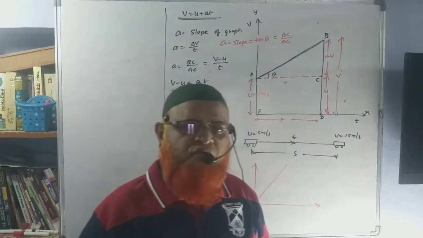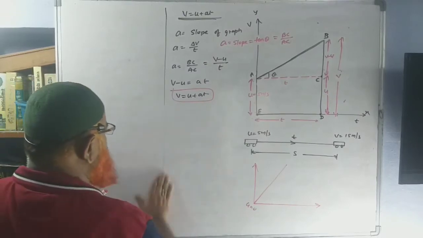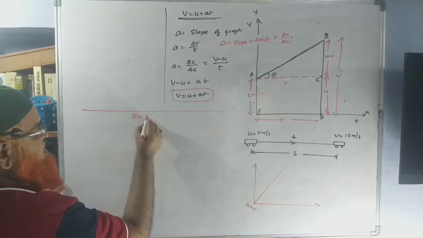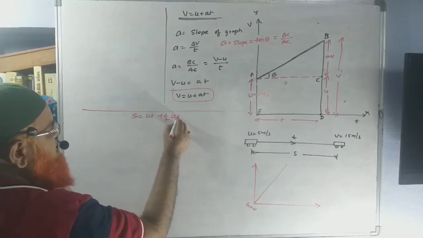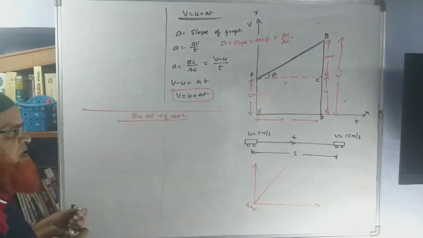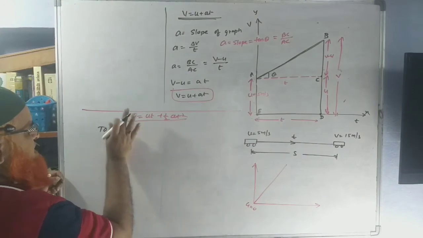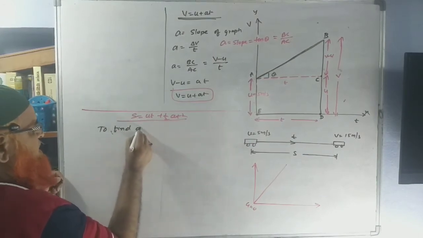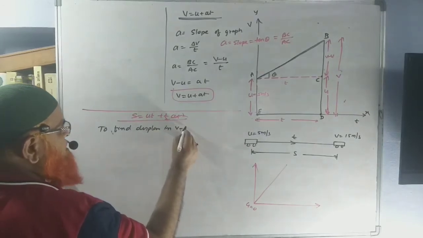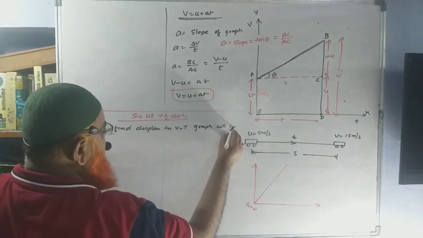So what we need to do now is find out the displacement here. We shall discuss the second equation of motion also. So this is the second equation of motion: let us take S is equal to ut plus half at square. We have to derive this equation by using the same graph. But you need to understand one thing here. To find displacement in a VT graph, in a velocity-time graph, we have